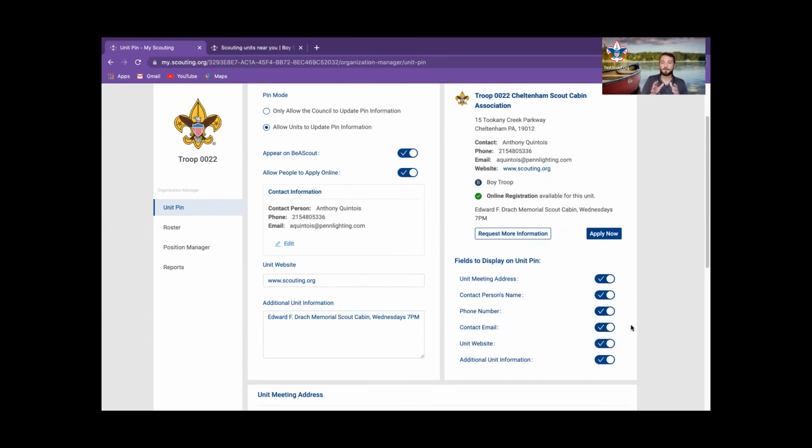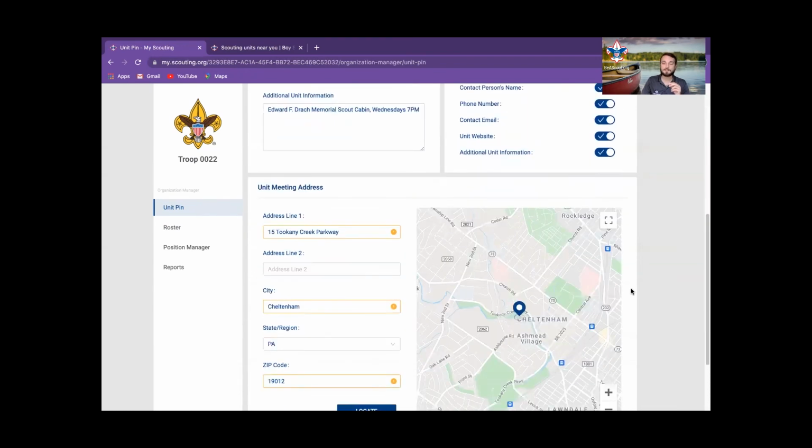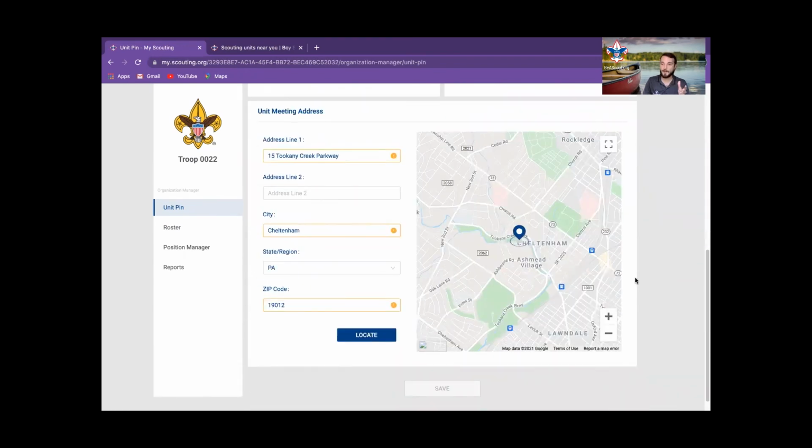So go ahead, before we get started with fall recruitment in the next month, go ahead and make sure that this information is up to date. Make sure that the contact person isn't somebody who hasn't been with the unit for 5 or 6 years, because that happens sometimes. Oh, the last important thing for the map and showing your address, you put it in down here